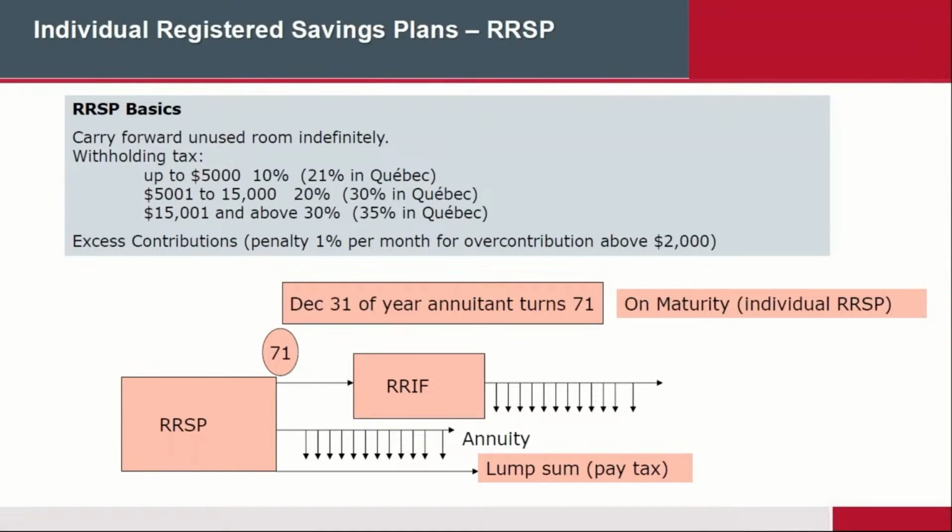Okay, you can take it out anytime before that. You can mature it anytime before that. All I'm saying is that you must take it out by December 31st. You must annuitize it, in other words, mature it by a RIF, basically an individual registered retirement income fund, no later than December 31st of the year that you turn age 71. You could be 65 and do this as well, but you cannot be later than 71.